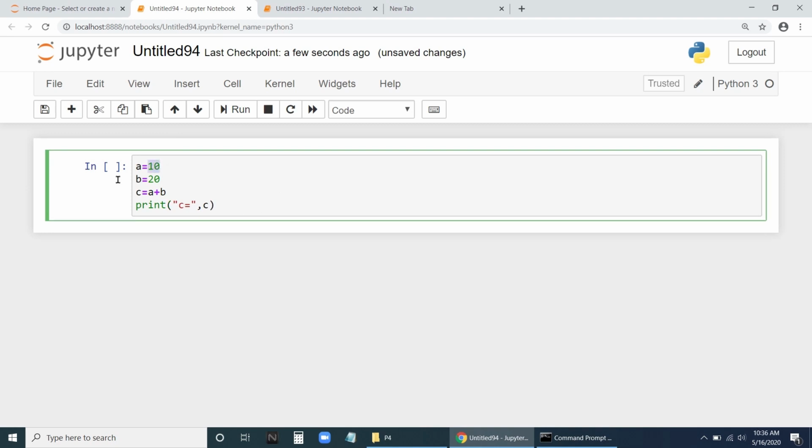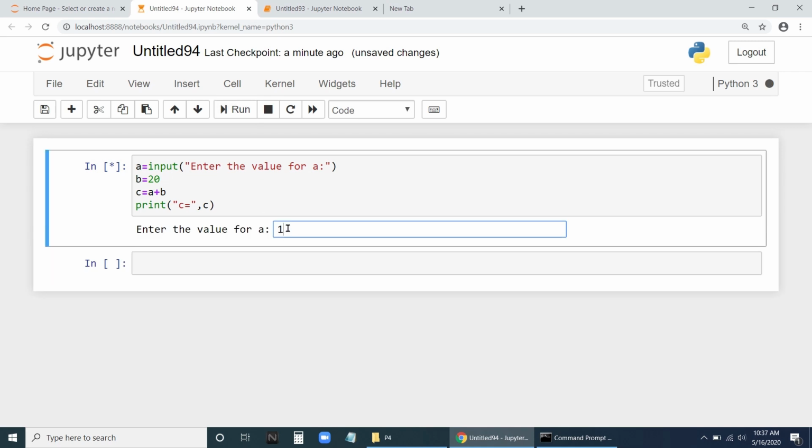Now I will remove this and say here input, enter the value for a. Now it will say error. Let us first run this and I will show you. Whenever we take a value and give it to a, that will be a string. It is not an integer. So whenever input takes a value, it is a string, not an integer.